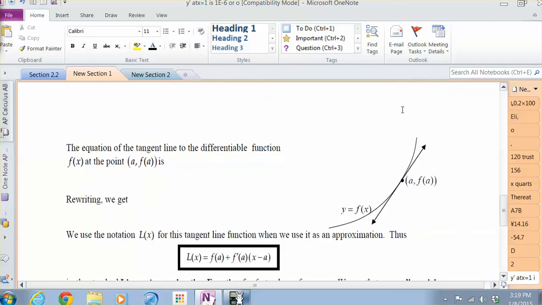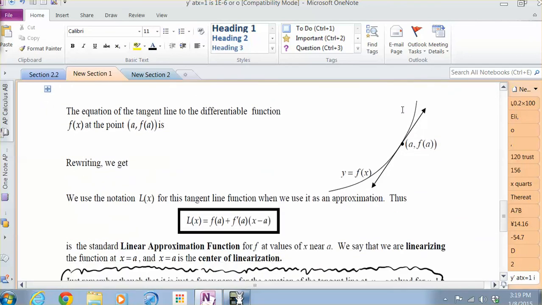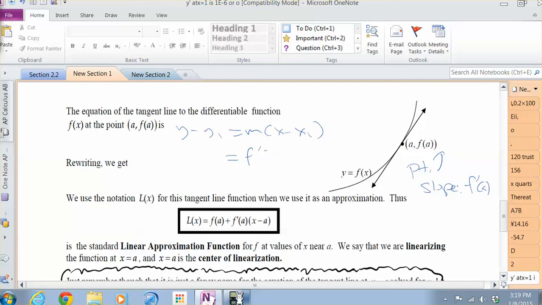So let's take another look at this. Again, the equation of the tangent to the differentiable function f of x at the point a comma f of a, we have right here. Our point is that the slope of the tangent line will obviously be the derivative at x equals a. And we know that y minus y1 equals m times x minus x1. If your slope is your derivative, and we're calling x1 a, and y1 f of a,